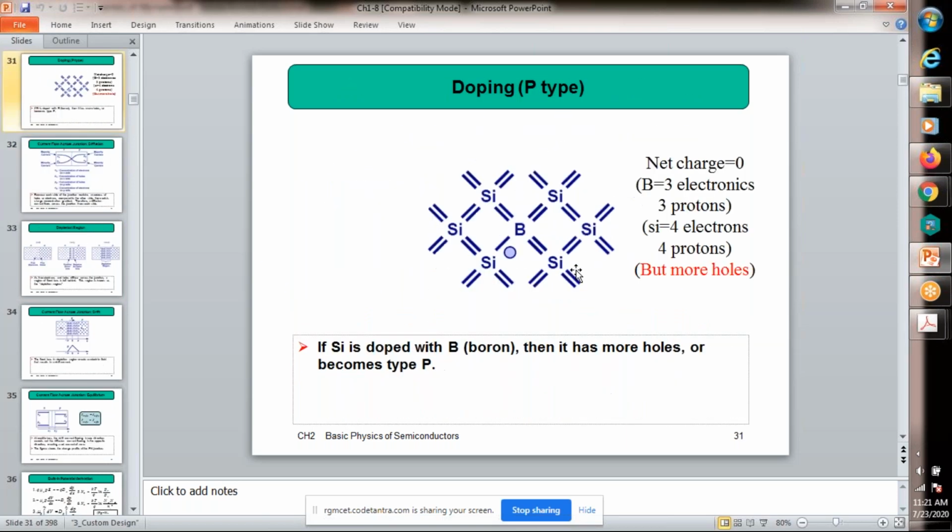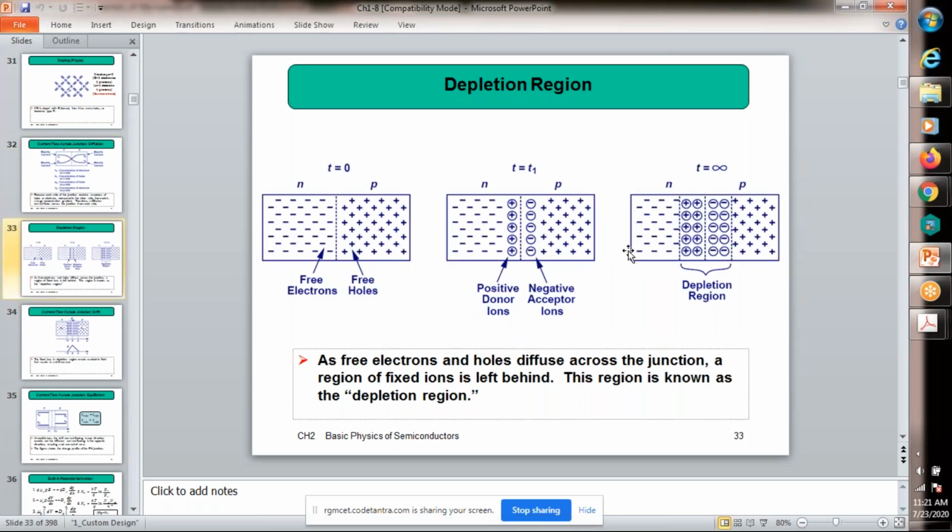Now here we have to find the potential. We already know there is a relation between electric field and potential. In the beginning classes we already indicated the relation between electric field and voltage: V is equal to minus integral of E dx, suppose it is in the x direction.